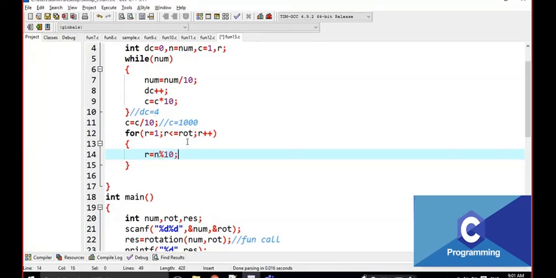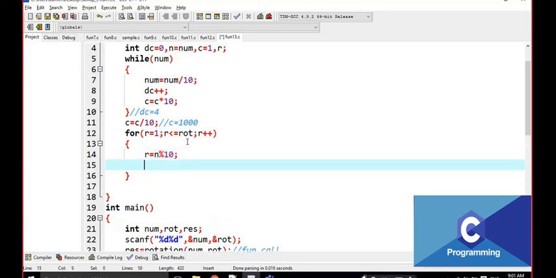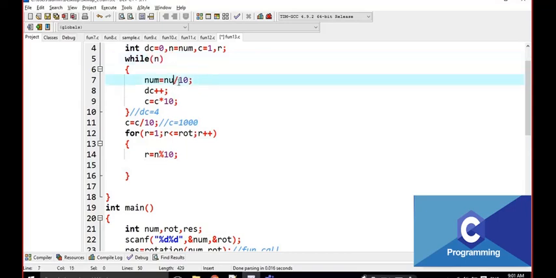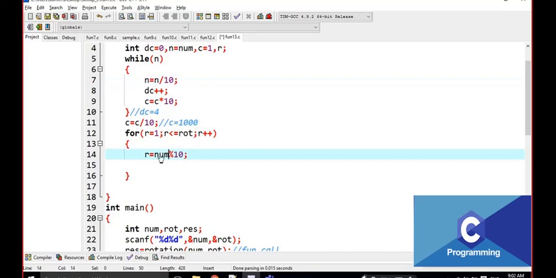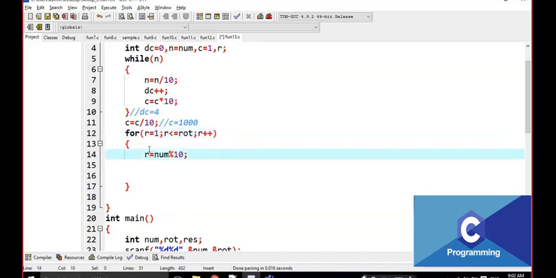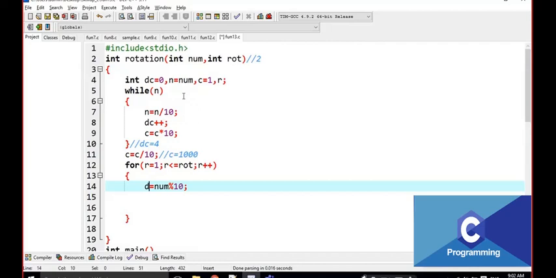Some small modifications, no problem for that, same input. I am going to take D, sorry, this is not R, I am going to take it as D. Okay, that is digit.